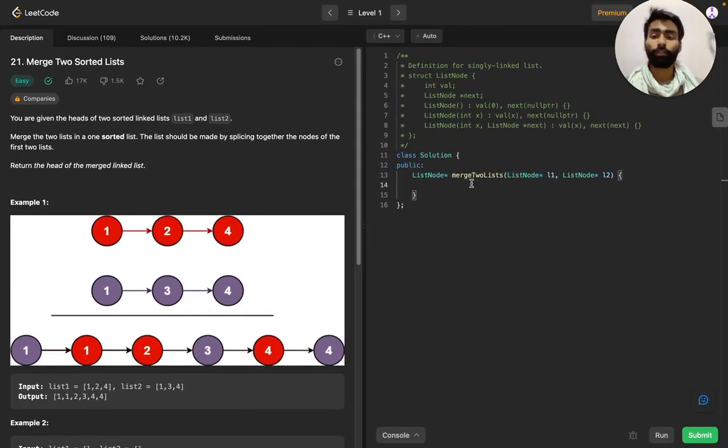So here we will first create a result linked list. How will we do this? ListNode, as here the struct is made to have the linked list.